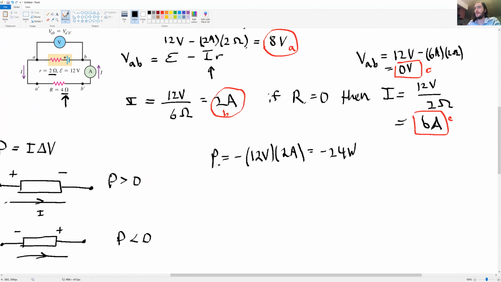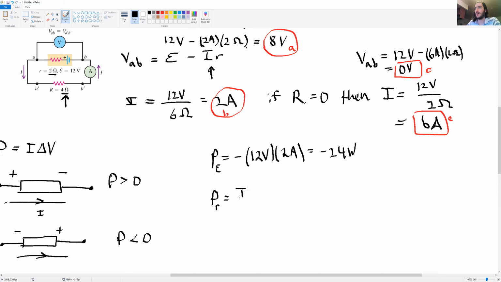So that is the power supplied. I'll use the script E here, power sub E. The power dissipated by the internal resistance will be positive, and the voltage drop across the 2 ohm resistor is not something that we've calculated explicitly, but what we can